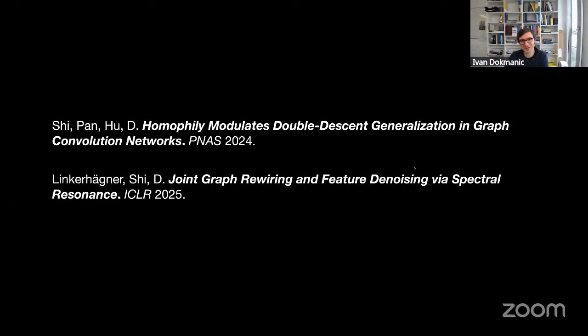Okay, so the talk actually has two parts. Both are about using the contextual stochastic block model, which I will introduce, to understand and improve neural nets. One is about a paper that appeared in PNAS last year. I was giving talks about it maybe a year and a half ago. And it's about studying generalization very precisely in some simple graph convolution networks. And the second paper is then on operationalizing these insights and trying to come up with new graph rewiring and denoising methods that are based on cSBM and based on signal processing, and that's going to be presented as an oral presentation at this upcoming ICLR.